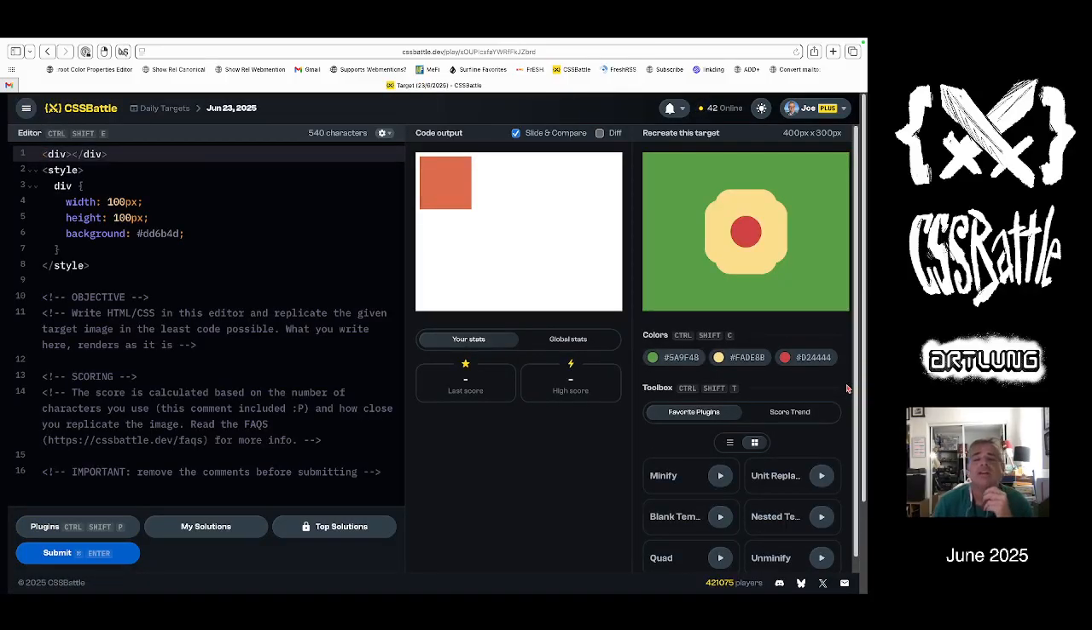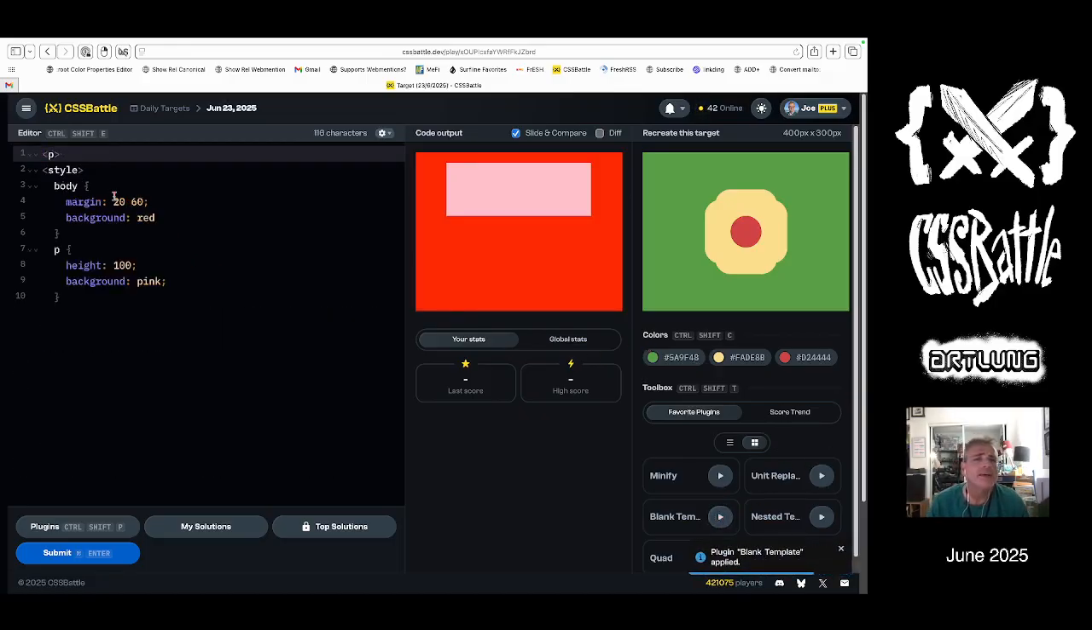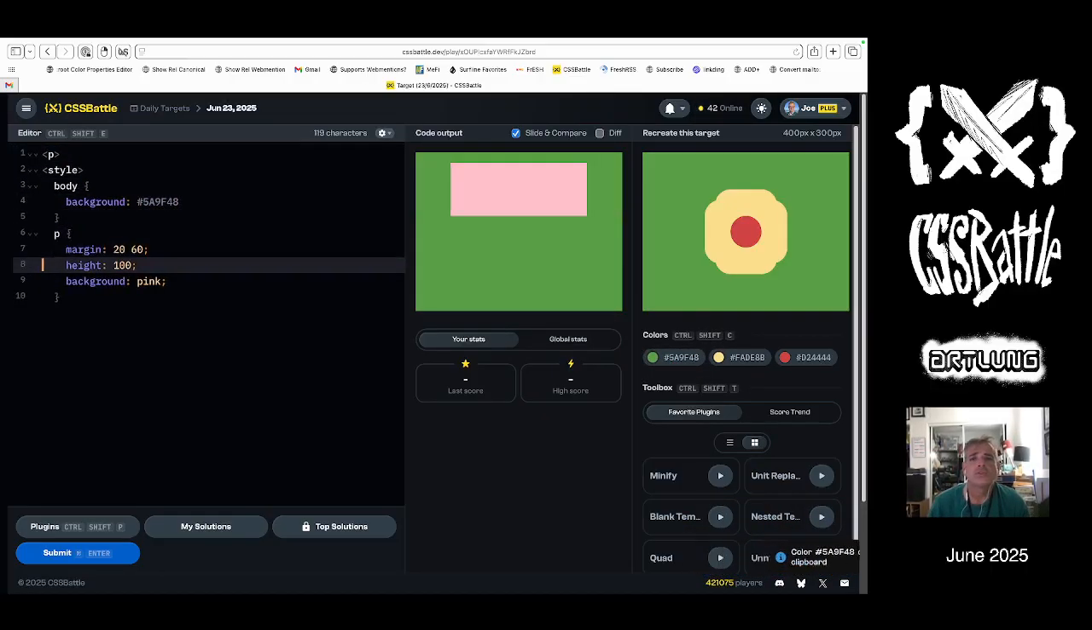Okay, kind of a subtle flower, and I think that what I'm seeing is two paragraph tags overlaid, which have the same background. So let's do them. Let's do those things. Because of the gradient. Now,